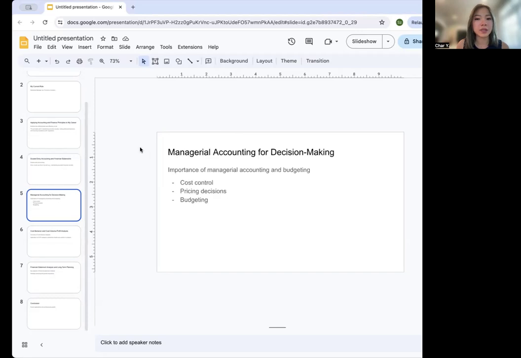Second, we're going to talk about managerial accounting and decision making. Managerial accounting is a process of identifying, analyzing, and interpreting accounting information for internal use, and by accurately calculating the costs associated with producing the products. For example, for our company as a furniture company, that will include direct materials, labor, and overhead. We can set the prices to make sure that we have good profitability while remaining competitive in the market.